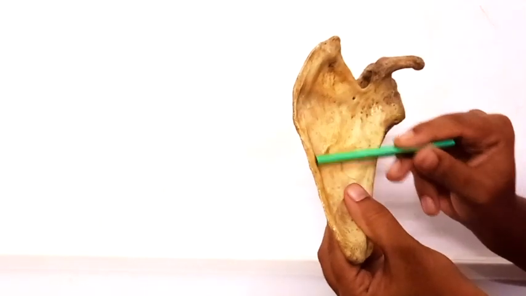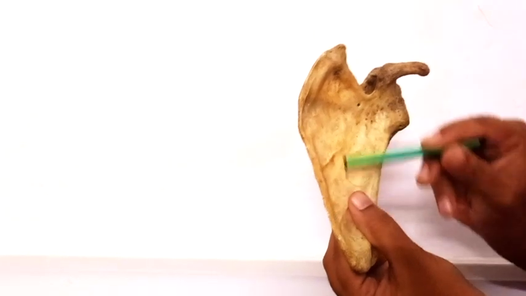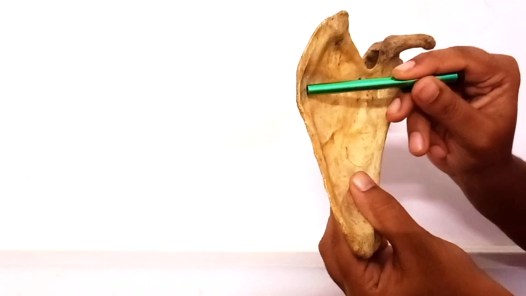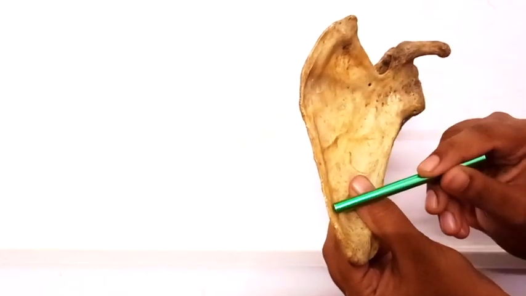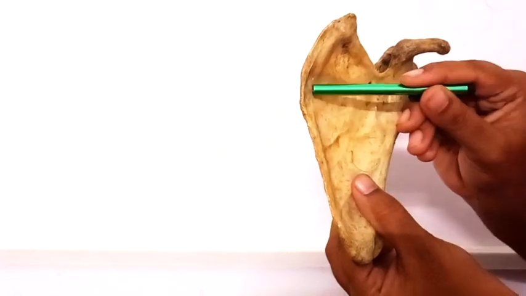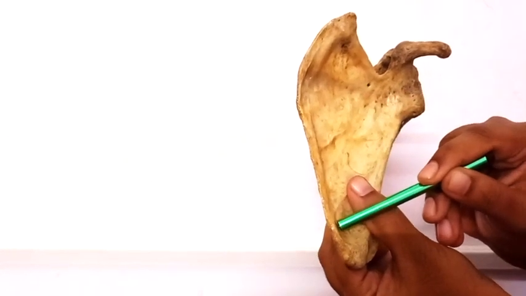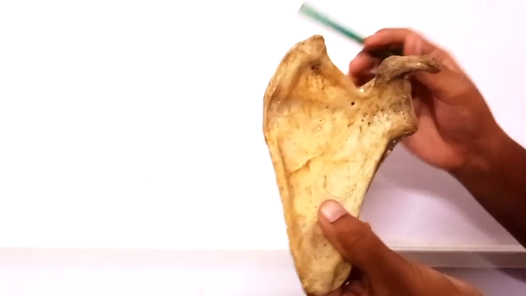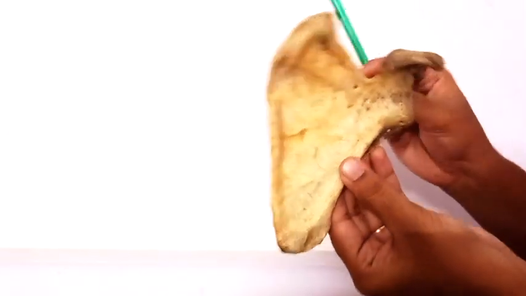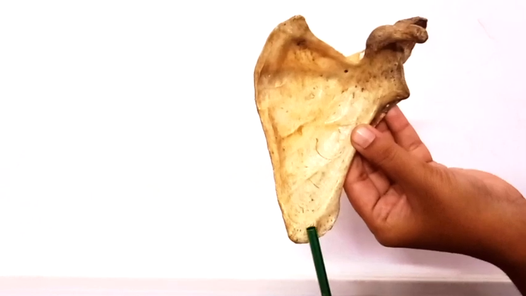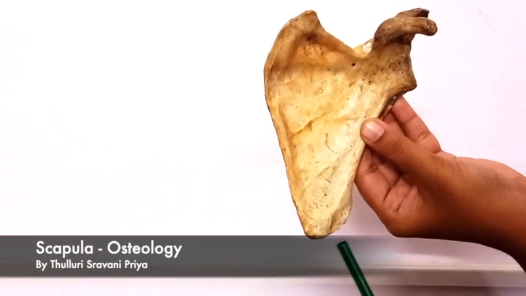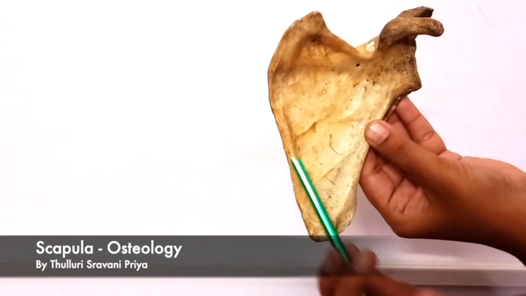The next 2 digitations are inserted at the medial border, which is extending from the root to the inferior angle of the scapula. It gives insertion for the 2 digitations from root up to inferior angle. Whereas the rest of the 5 digitations are inserted at the inferior angle of the scapula. So this is about the serratus anterior insertion, 1, 2, 5.